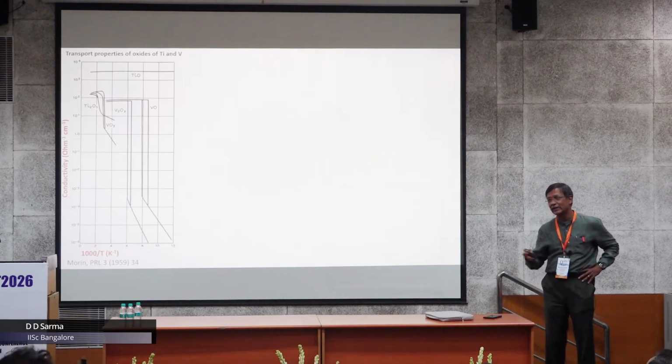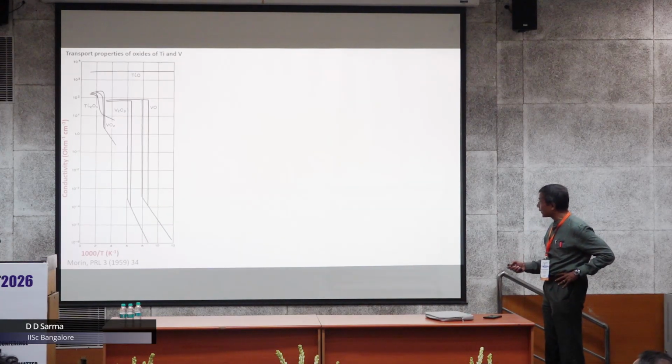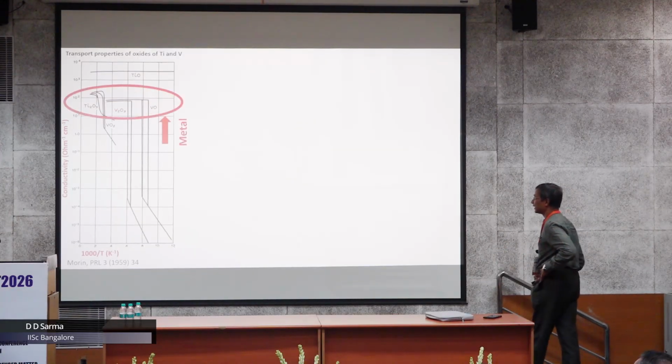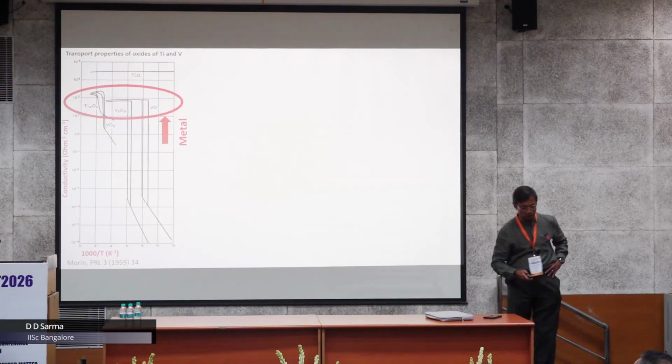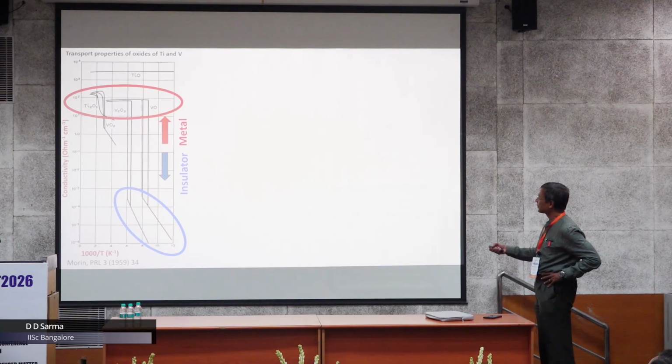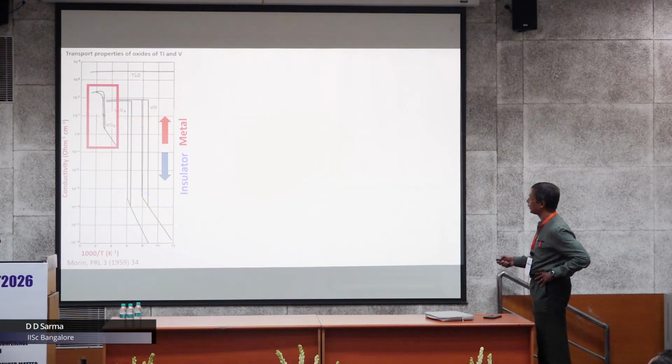So it's really a very, very old subject, and what you see here is conductivity plotted as a function of one over temperature, inverse temperature, and you see that the conductivity has catastrophic changes at some particular temperatures, a first order transition from a very low conducting state to a very highly conducting state, signifying that there's a metal insulator transition. Highly conducting state is, of course, the metal, and the low conducting state, with exponential decrease in the conductivity as you decrease the temperature, is the insulating state, and you have this first order transition in many of them. What we are going to talk about out of this class of compound is vanadium dioxide,